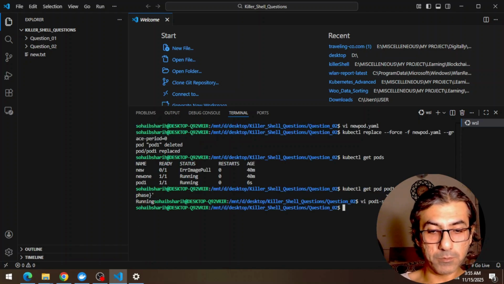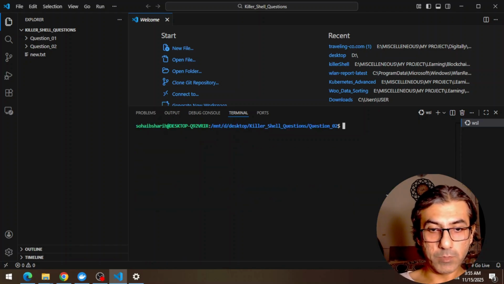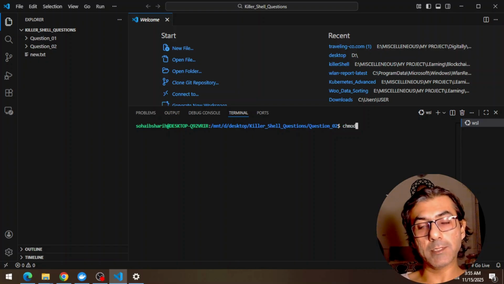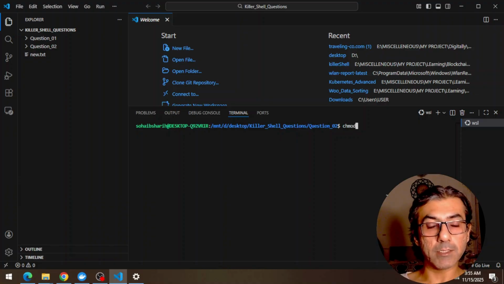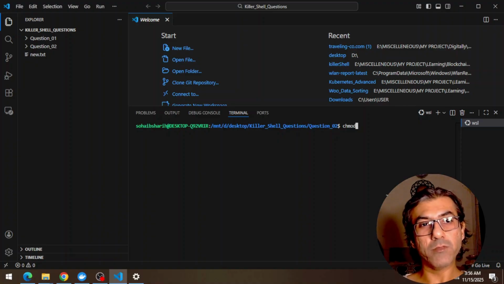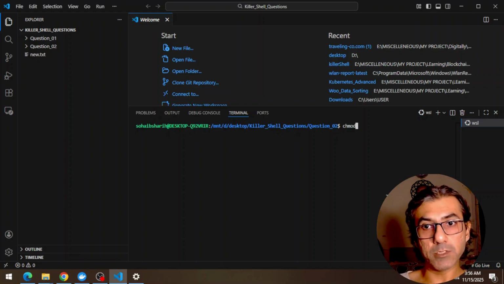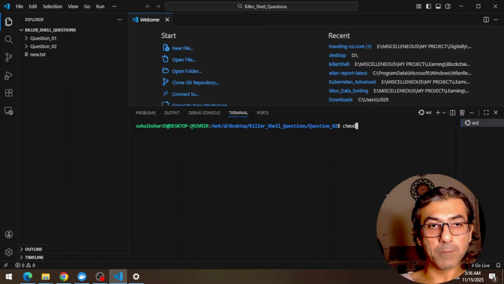Escape and :wq. Now we need to make this file an executable, so Linux can recognize it as an executable file. By default, files are normally created with read and write permissions, so you need to add a permission for it to become an executable, and to do that you just do